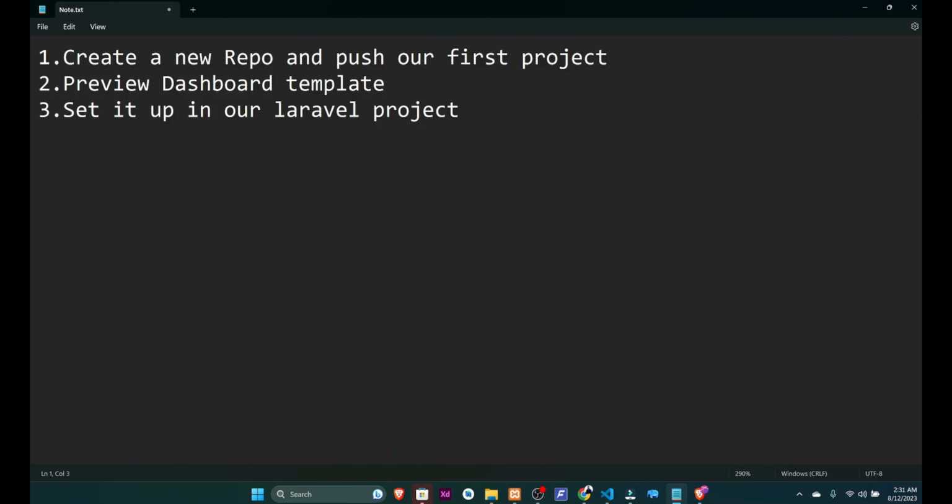We are going to complete these three tasks. Task number one is to create a new repo and push our first project. Number two is to preview dashboard templates. Number three is to set it up in our Laravel project. All right,